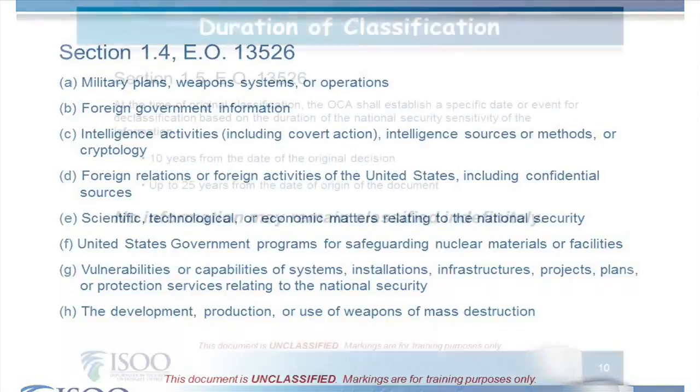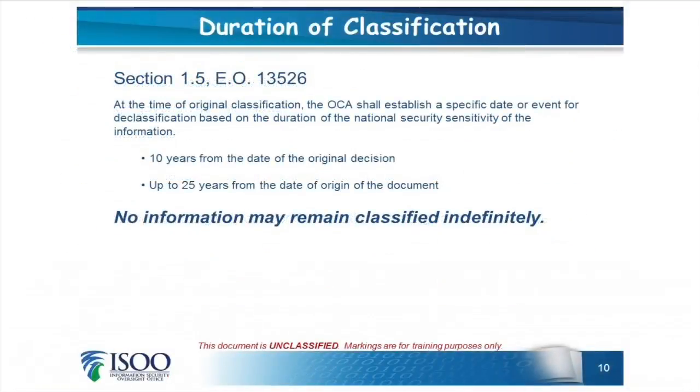of mass destruction. An original classification authority must establish an initial duration of classification not to exceed 25 years, and a derivative classifier cannot change that duration. A change in EO 13526 from previous executive orders is that this order specifically states that no information may remain